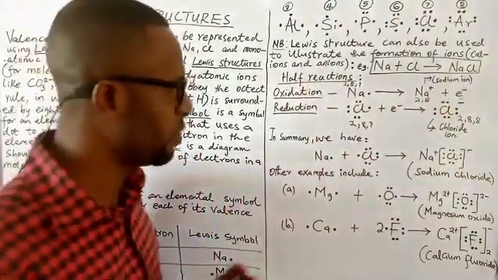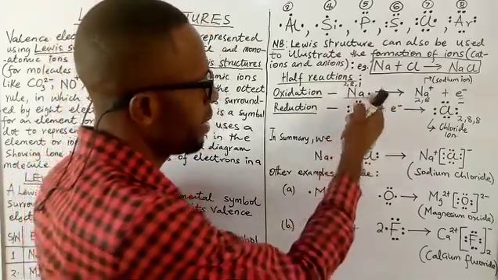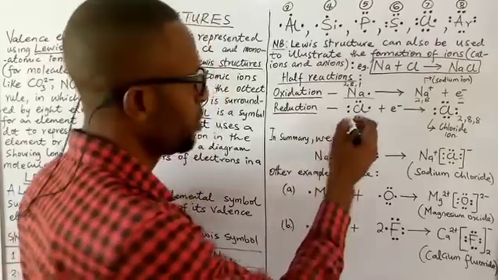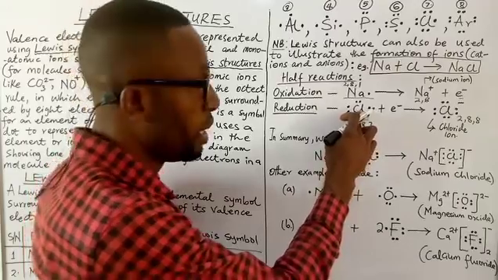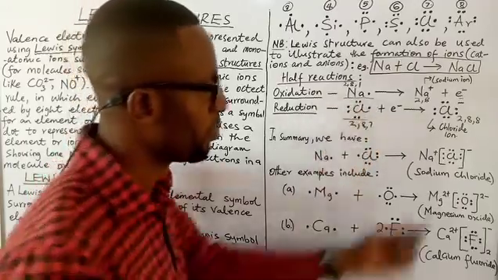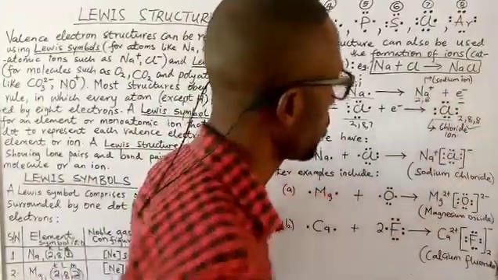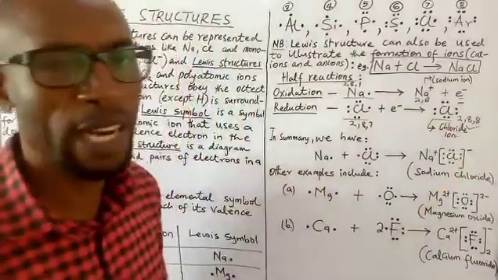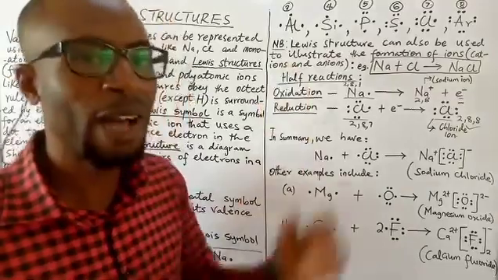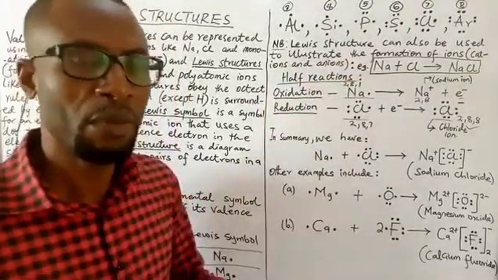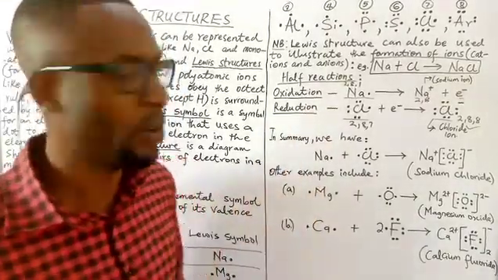So in order to appreciate this, the Lewis structure of sodium is Na dot, okay, and the Lewis structure of chlorine is what? Chlorine atom with 7 electrons, which became chlorine atom with 8 electrons, and this now becomes the Lewis structure of what? Of chloride ion. So we use these Lewis structures to also illustrate how ions are made, mostly in reactions which we know as redox reactions.